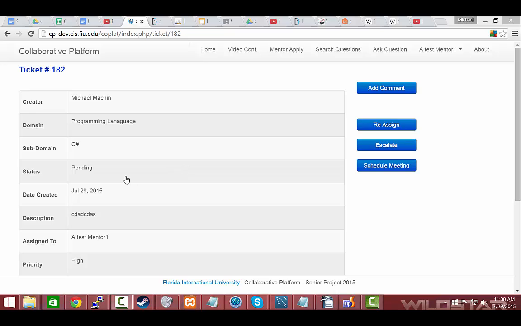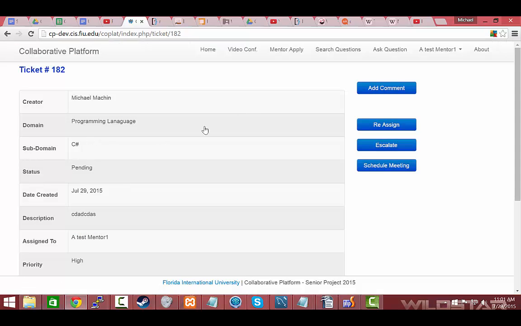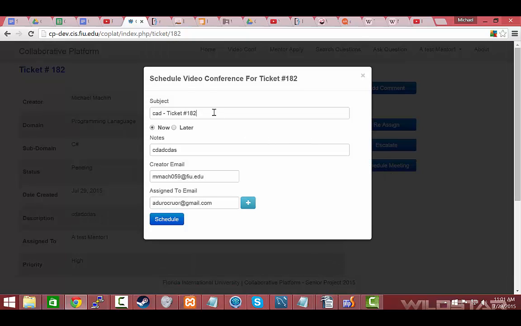Currently, the way that the system is able to determine how tickets are reassigned when the mentor hasn't made enough progress on it is it either checks to see if there's been a comment added to the page, which works just fine as long as there's been a comment on the page done by the assigned mentor, or if there's a scheduled meeting. This leads a little bit more to guesswork because the only way to determine whether or not a meeting is scheduled with the ticket in mind is by the subject's name and whether or not the